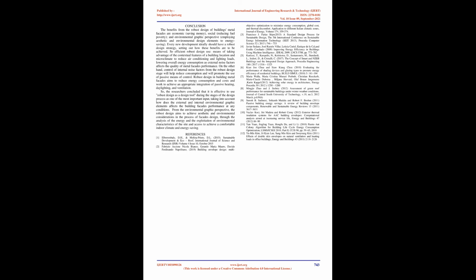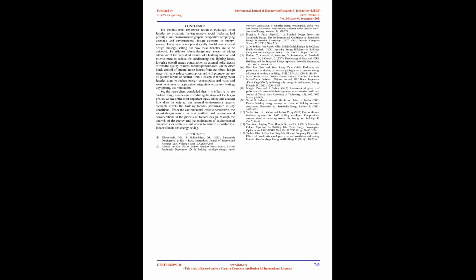Conclusion. The benefits from the robust design of buildings' metal facades are economic, saving money, social, reducing fuel poverty, and environmental. Graphic perspective, employing aesthetic and environmental design elements to energy saving. Every new development ideally should have a robust design strategy, setting out how these benefits are to be achieved. So efficient robust design use means taking advantage of the contextual features of a building location and microclimate to